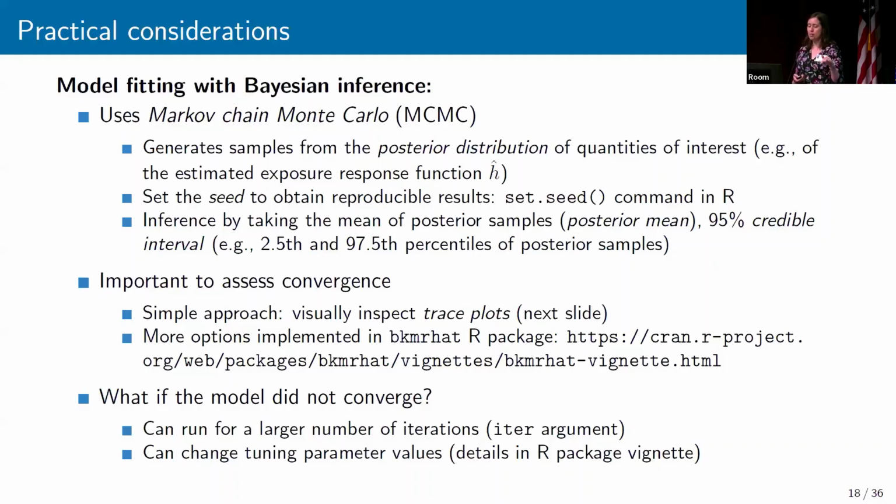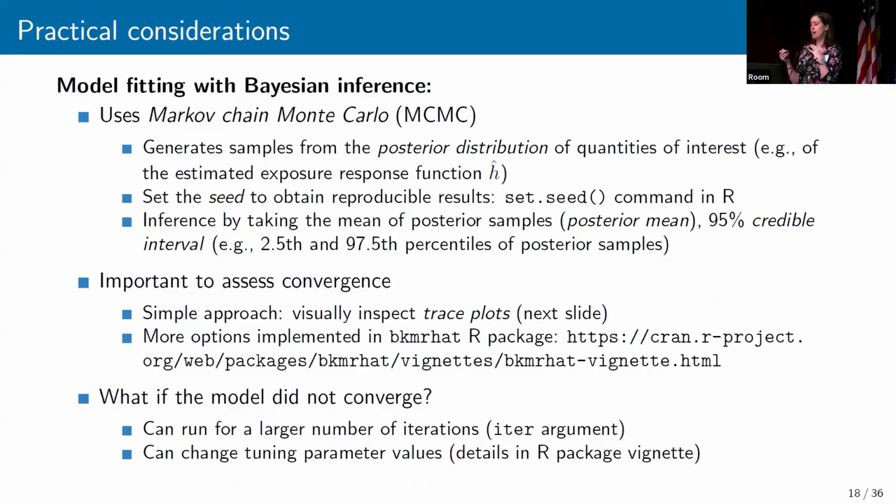I won't go into too much detail here, but just at a high level, some of the steps of the sampling algorithm: it generates a proposal value, and then it's either accepting or rejecting. So it's this accept/reject Metropolis-Hastings step. And it basically is a random walk. So the new value that's proposed is based off of the current value.